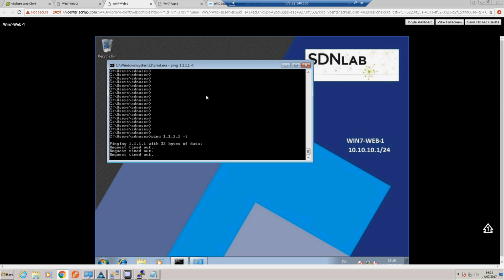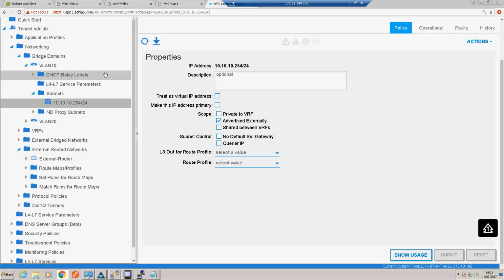Okay, so I mentioned the only thing we're lacking now is a contract. A nice little tip, if you ever think you have a contract issue, is that there is a quick way you can disable all contracts within a VRF. So I'll show you how to do that. The ping is failing currently, and we suspect we haven't got a contract or have a misconfigured contract. So we can go into our VRF,